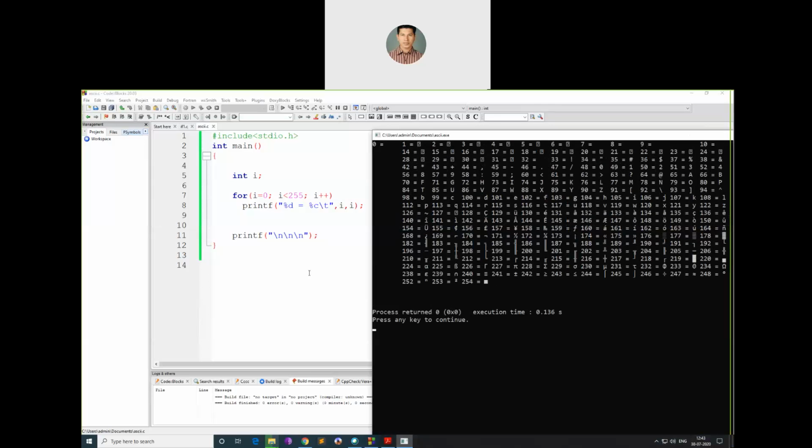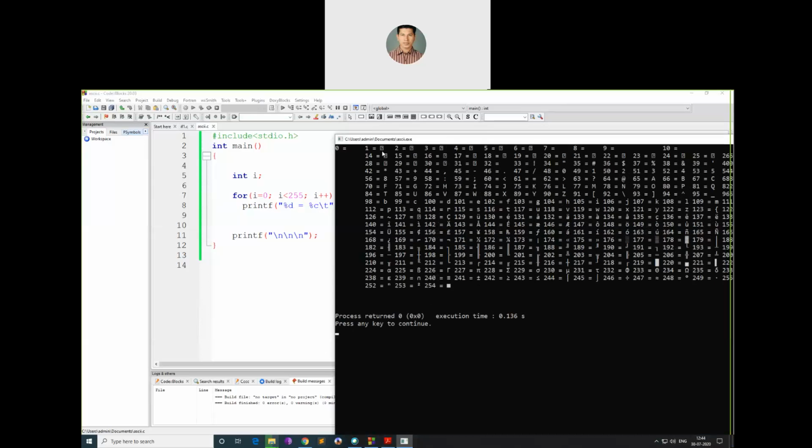You can see that we wanted to print A. How much is A? You can see all ASCII values are defined here. 0 equal to nothing, 1 equal to this special character. It's not printing here properly, but if you run it on DOS, you might get this. So the example is here. You can see this 252. What is the 252 ASCII? This is raised to n, a superscript small n.